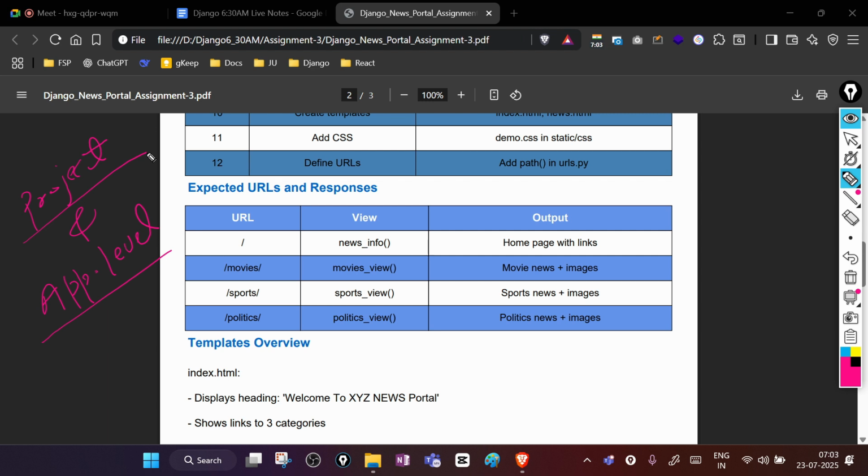So what are the URLs? We have forward slash, then forward slash movies, forward slash sports, forward slash politics. When I'm not giving any URL, whenever I'm just writing localhost,